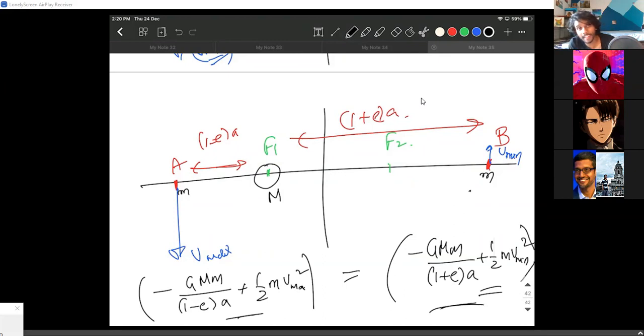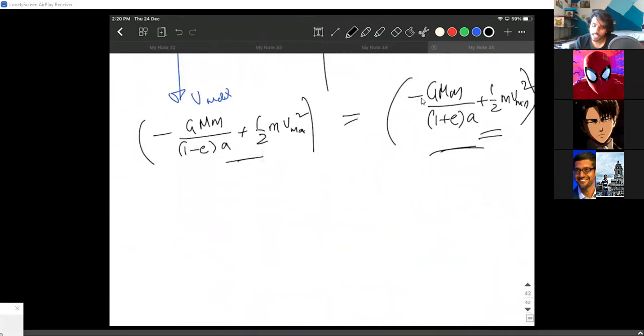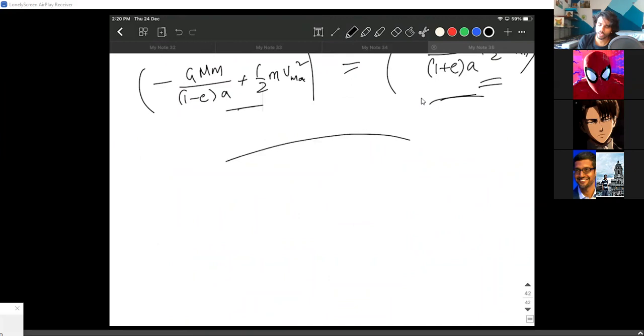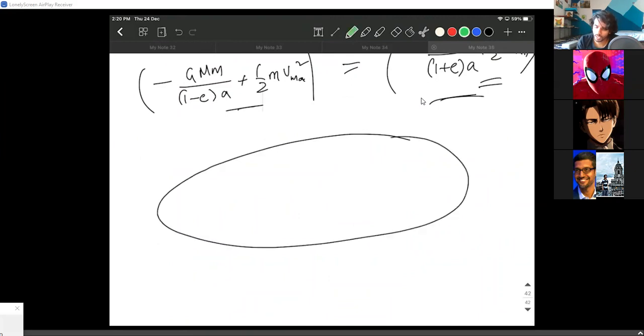Now, along with that, I'm going to tell you one more thing. The body is going in a circular motion. Sorry, not circular motion, elliptical motion. The bigger mass is here, the smaller mass is here. Even though the force is acting, the force is always acting towards this point. There seems to be no external torque either. Is there any external torque? No. So we can also conserve the angular momentum at any point.